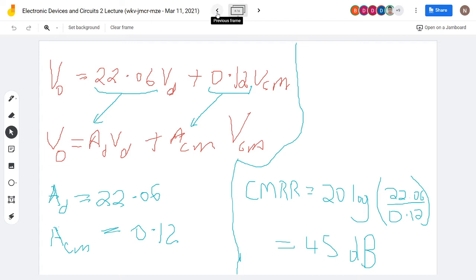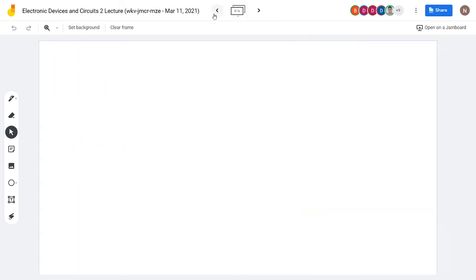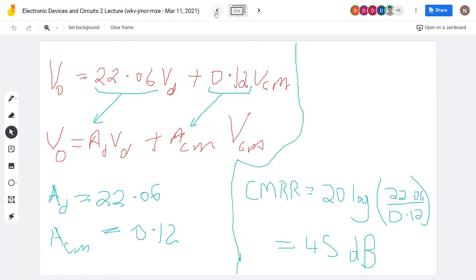Yes, sir. But if you look at that, you realize that there's a difference between the two voltages. What you had to do was equate this equation to the difference amplifier equation. True? Yes, sir. And you were given a hint that R4 is 20K and R2 is 100K. So that should give you an idea what to do.